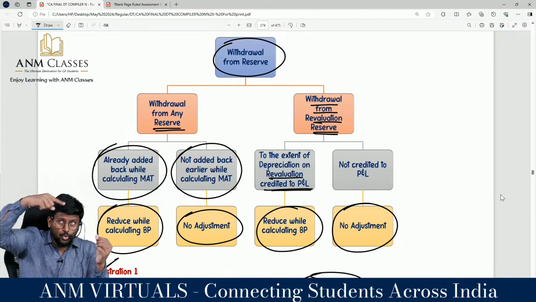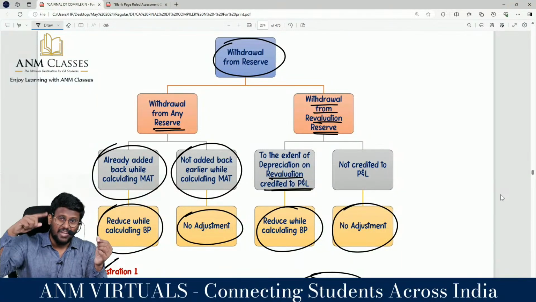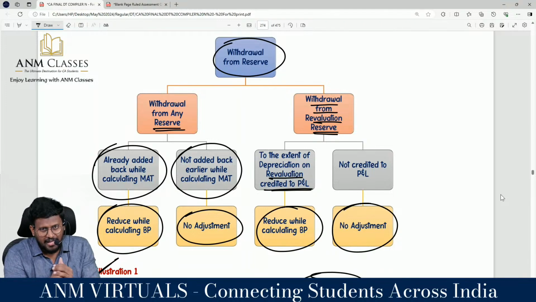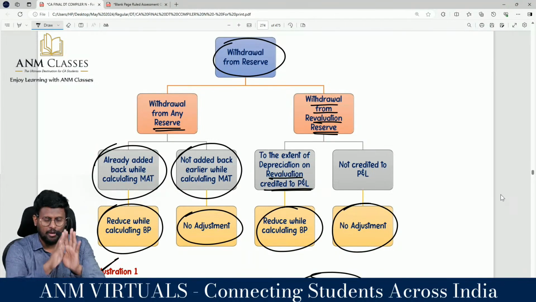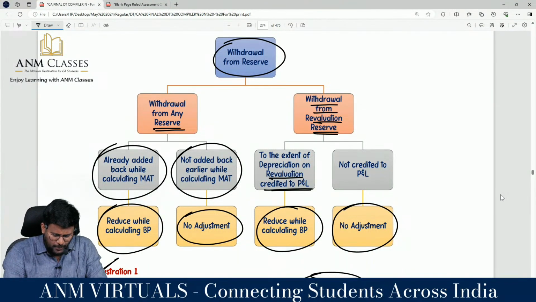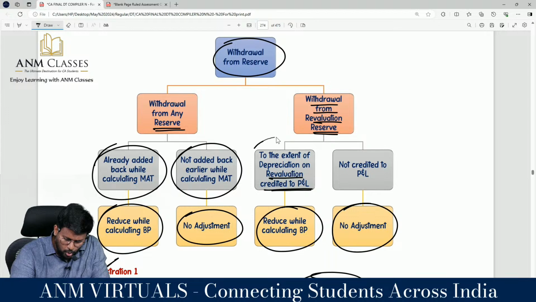Sir, I have created through the balance sheet, not through the P&L account. That means it has not suffered tax at the time of creation, my dear lovable students. Then it has to be suffered tax. Now leave it as it is. No adjustment is required. With regard to withdrawal from the revaluation reserve, check whether they have withdrawn to the extent of